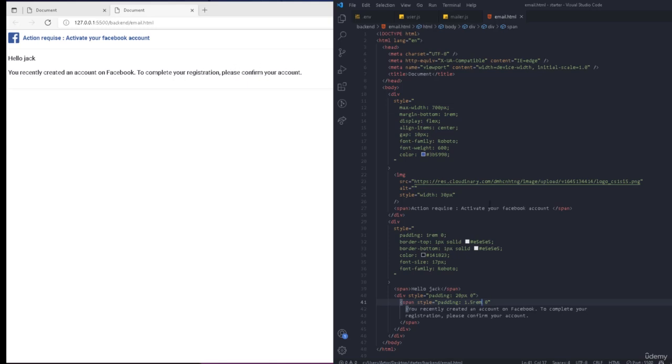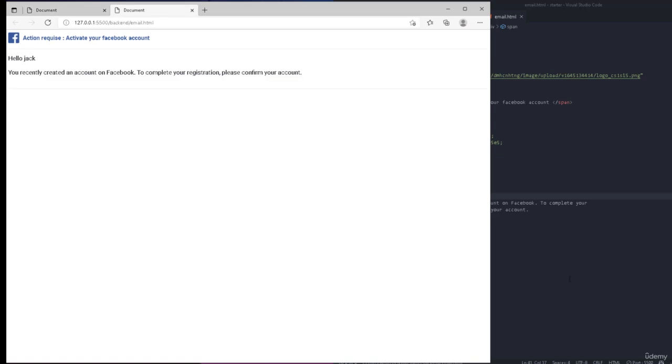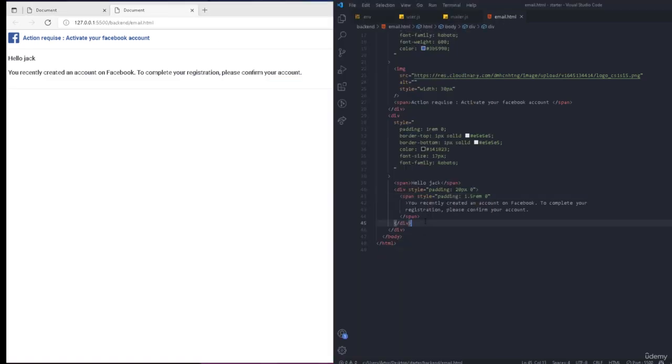We have a link. This is now what we're going to work on. This is going to be the link. So let's go after this div, and we're going to have an href. The link in href is going to be the URL. So for example, it's going to be like this, and then we're going to pass the URL in the function. So we're going to remove the strings once we go to the file. Right here we're going to have confirm